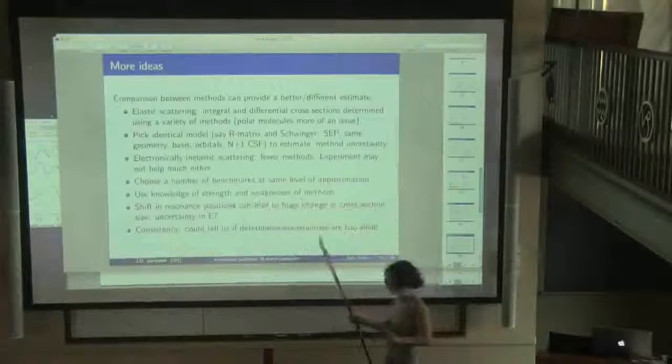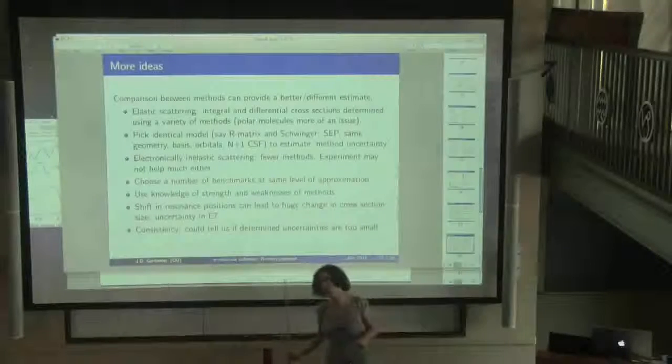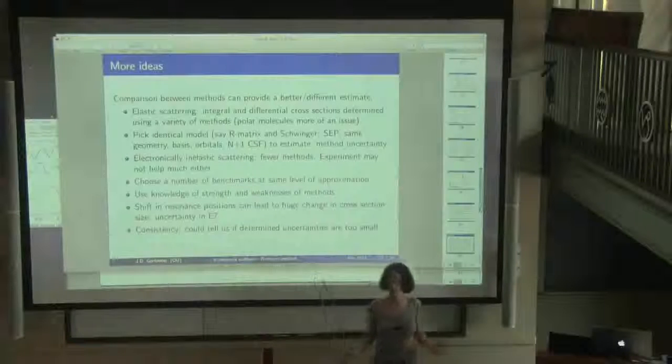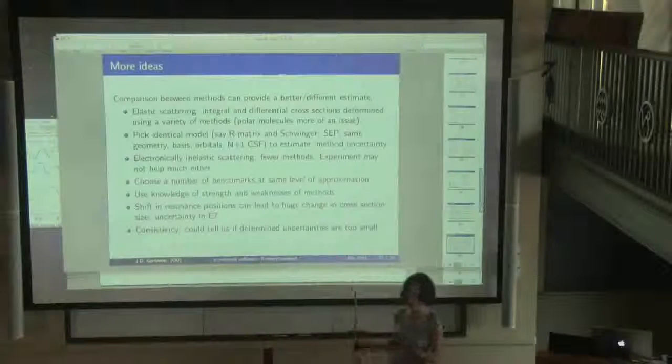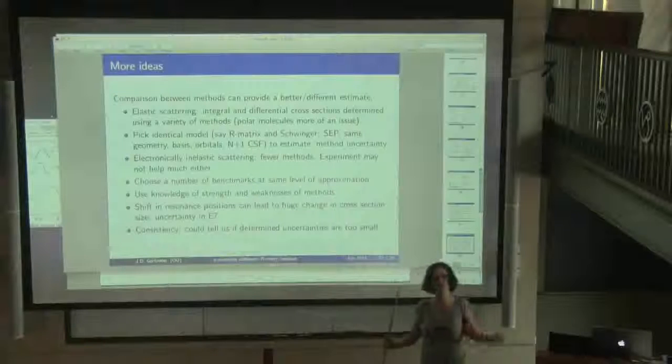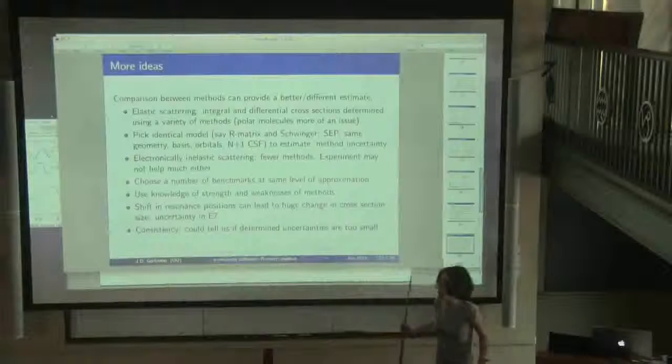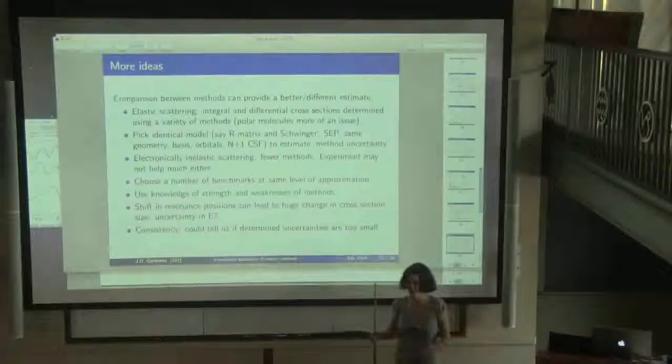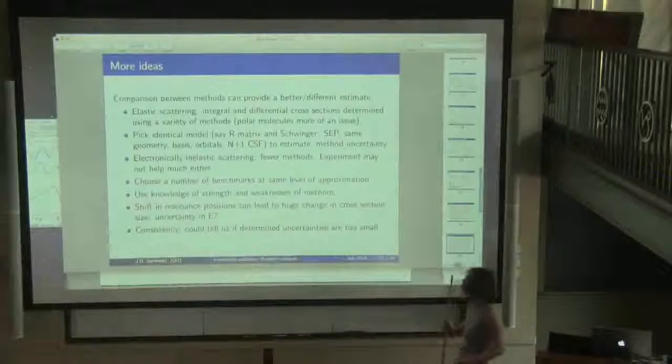There's an issue as to whether we use the knowledge of strengths and weaknesses in the method. I think we know that certain methods work better for certain things, can describe certain processes better. We may want to use that. We may end up arguing, your method is better than mine, or my method is better than yours, and not get anywhere there. But I think we need to do it, probably,